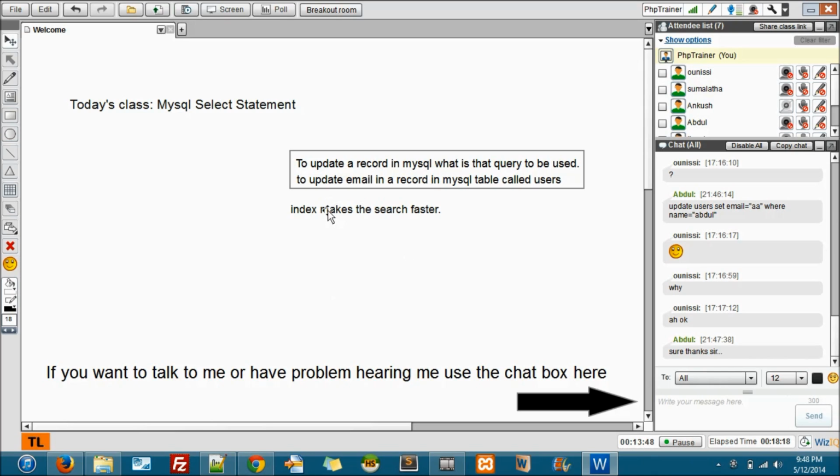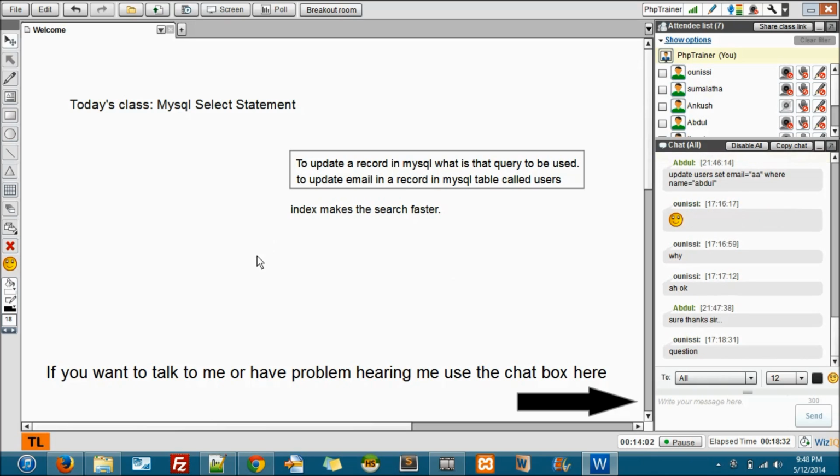So that's the reason you are supposed to do it. For instance, tomorrow you're searching by email. If you are searching by email, make email an index because it makes the query faster. Now why do you need a query to be faster? Go ahead, shoot any question. So where is all about search. When you use where, it's searching. So when you are searching with that reference,